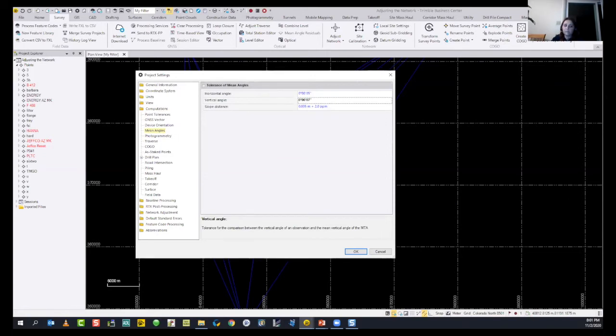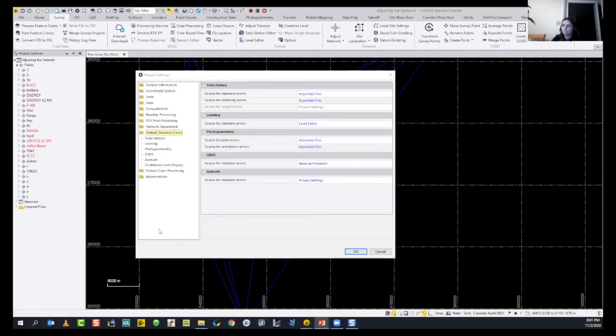The other one is default standard errors. Under default standard errors, TBC gives you 2 options. So you can use your source file as your imported files. If you get your data using a field software like Trimble Access or Survey Pro, you will set some settings for your total station, the collection of your total station shots, or your level points, or your GNSS points.